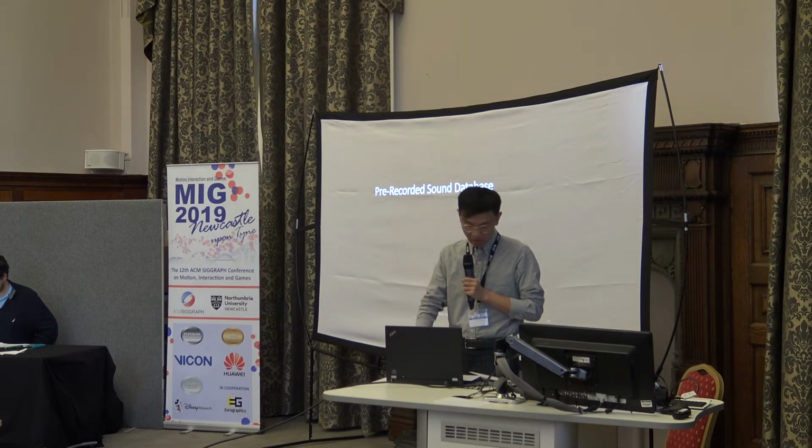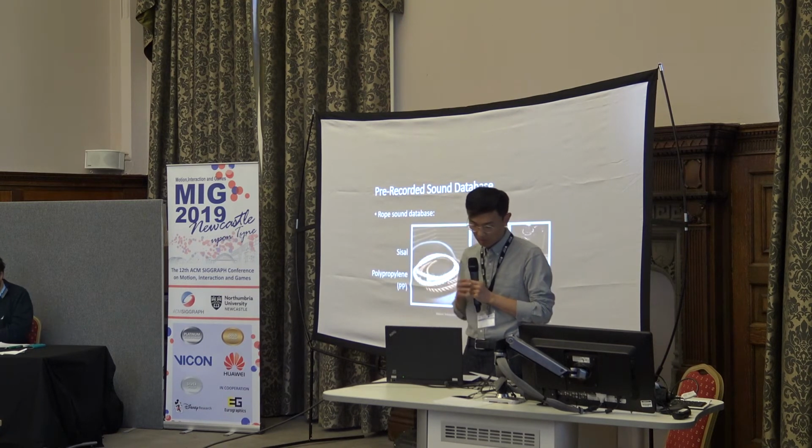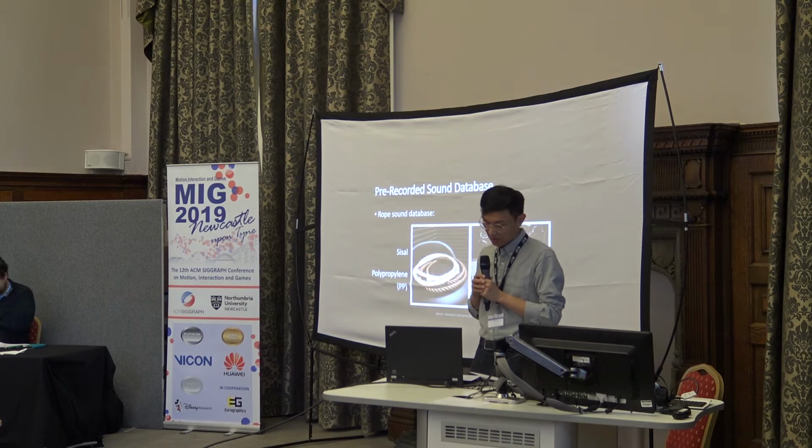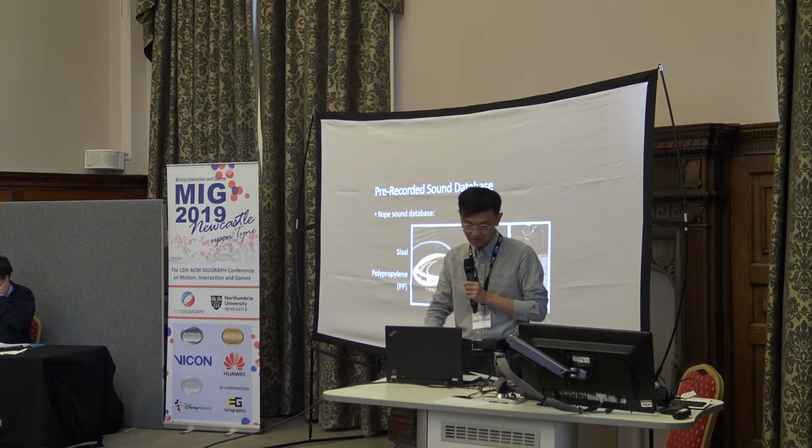Similarly, we record rope friction sounds with two materials, sisal and polypropylene. For aerodynamic sound, our goal here is to get a database matrix of rope length versus speed. To do so, we simply spin the rope in a circle by holding different spots on it and slowly increase the speed until it makes a loud whoosh noise, as shown in this one.